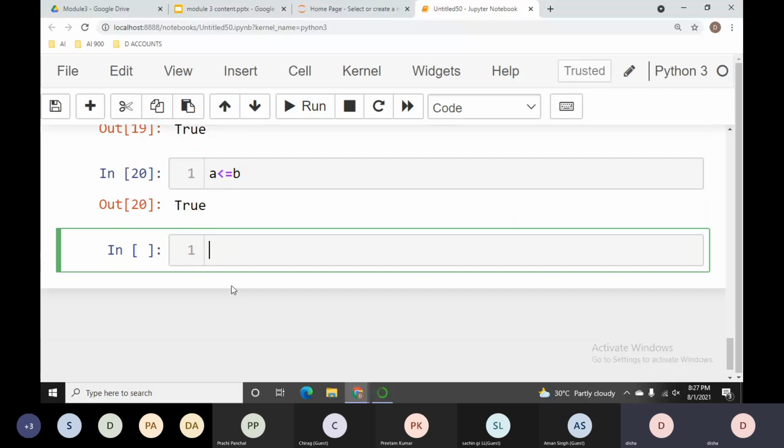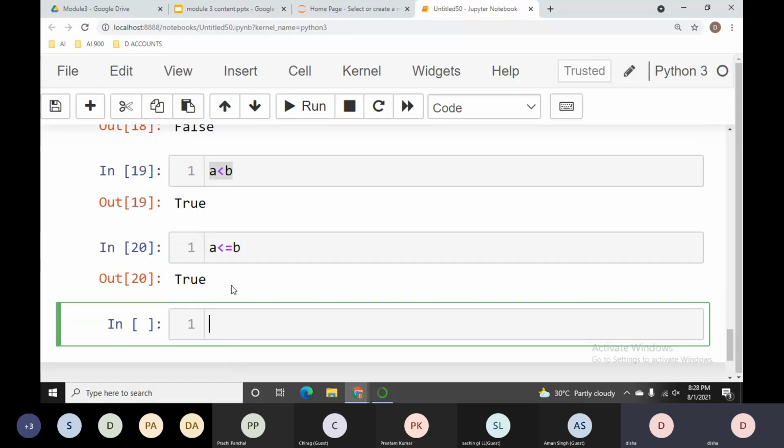A was less than B, not equal to B, but it was less than, so we got the result true.